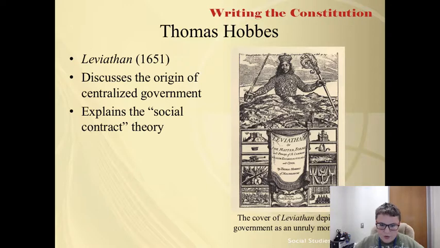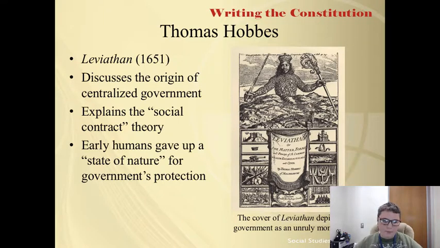Citizens gave up certain rights under natural law. Example, everyone had a right to own all property in order to receive protection under the government. In return, the government would expect all citizens to obey the law. However, nowhere in Leviathan does Hobbes note that the government would be absolutely required to protect the rights of citizens. Other philosophers would later expand on Hobbes' work in order to provide for this protection.